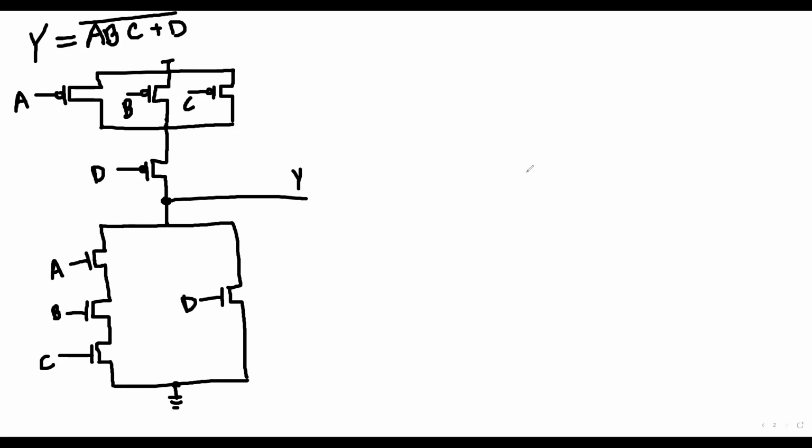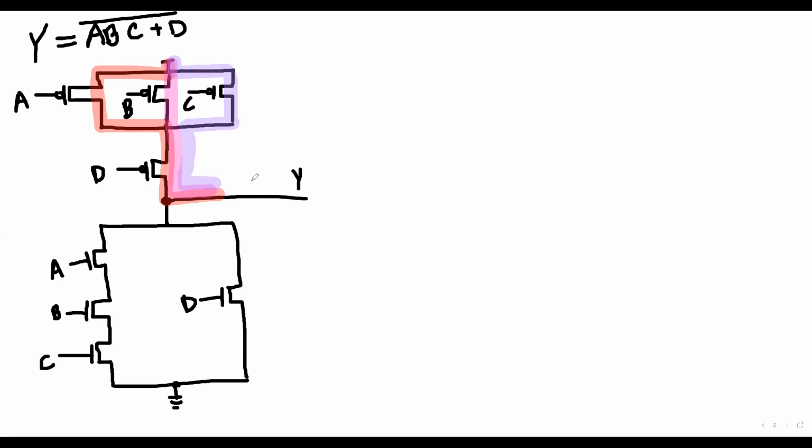Now, how many paths do you have in the PMOS? In the PMOS side, how many paths do you have? Okay, let's write here. First path from here, sorry. First path from here, right? That means A and D. Next path, B and D. Next path, C and D, right? So you have three paths, AD, BD, and CD. Understood, everyone?